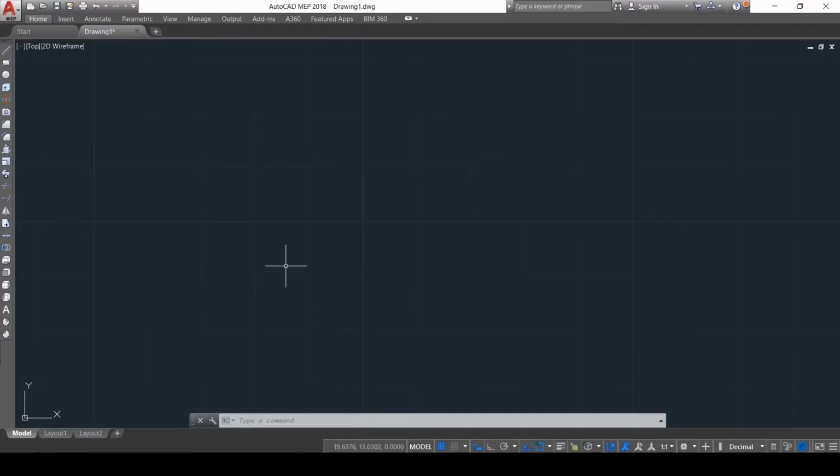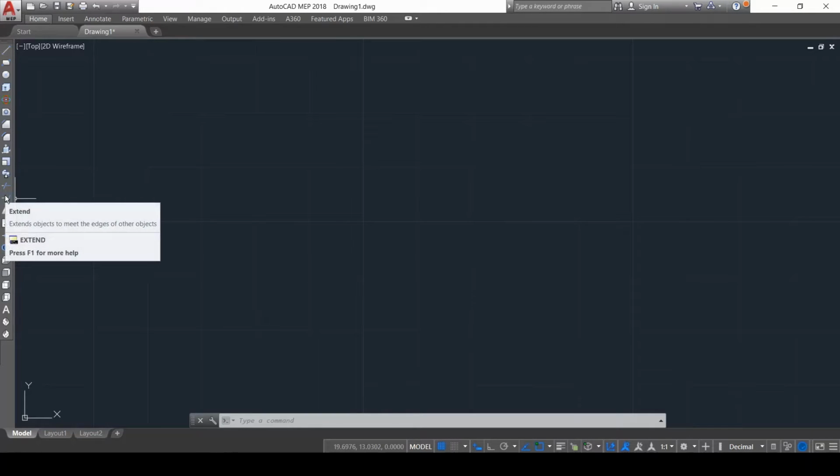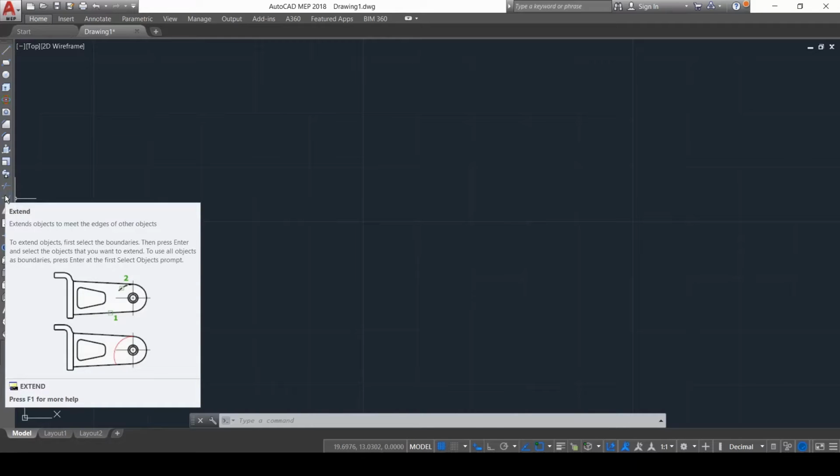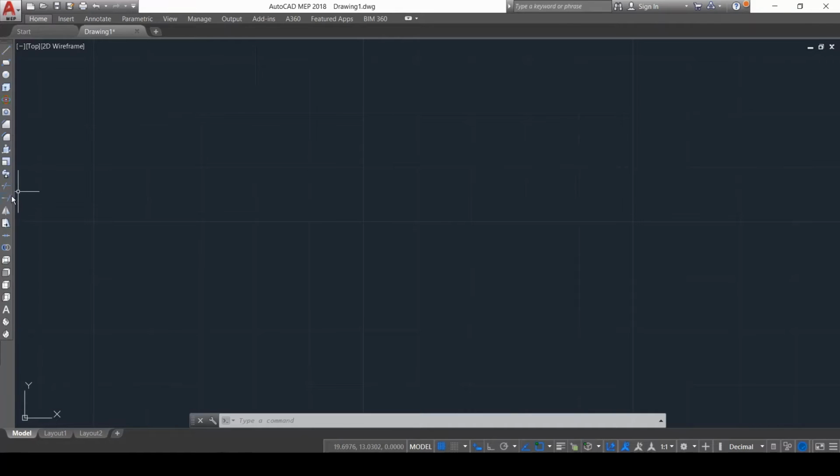Hello and welcome back. In this lecture, we will discuss a modify command named the extend command. In our toolbar, it is situated at this point just below the trim command. So, the extend command is basically used to extend a line to a specific point of a shape, to a specific line,